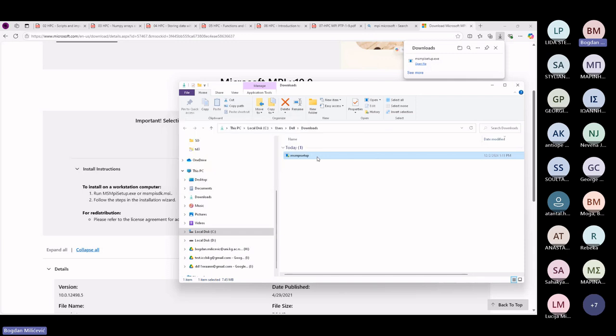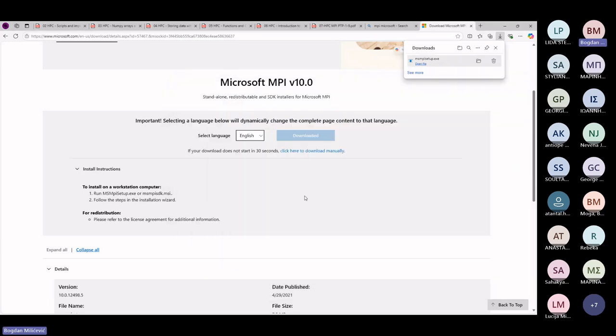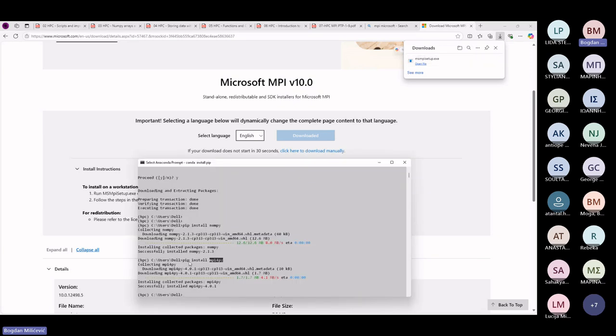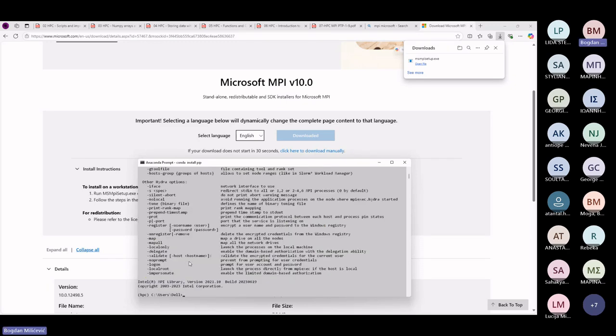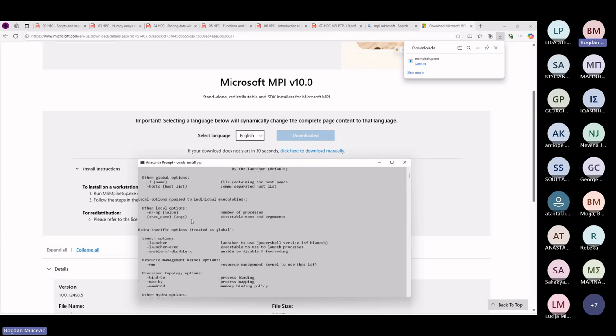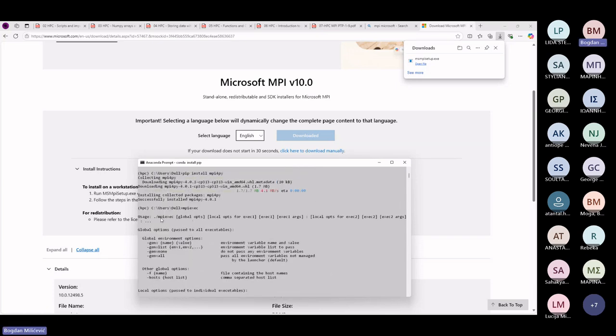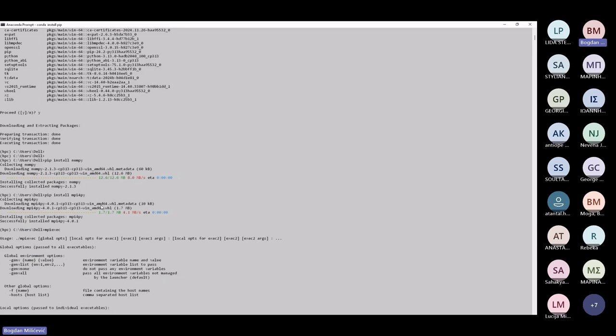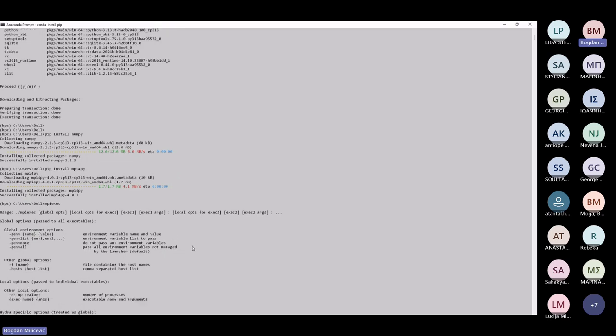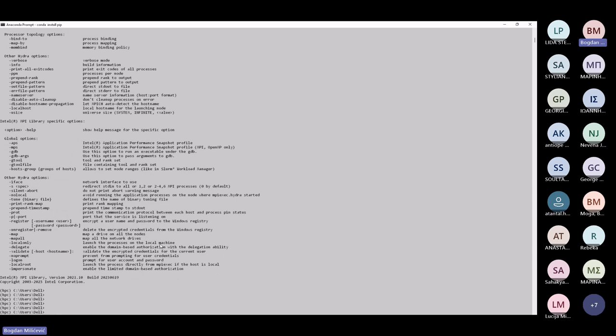Okay, I'll delete this file. And the way to check if it worked is to type in mpiexec. If you get a list like this, then it's okay. If you get "mpiexec is not found", then something went wrong. We will be using this mpiexec to run a multiple processing program, but for now, let's stick with